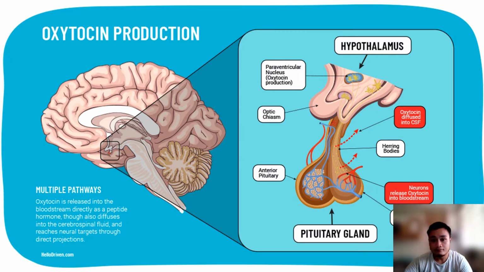In contrast, we have here an example of a hormone that is secreted by your posterior pituitary, or your neurohypophysis, which is your oxytocin. As you can see here, your paraventricular and supraoptic nerve nuclei directly send the message via their axons to the posterior pituitary, wherein oxytocin is synthesized, secreted, and released into the bloodstream to